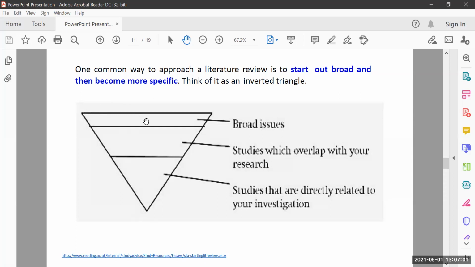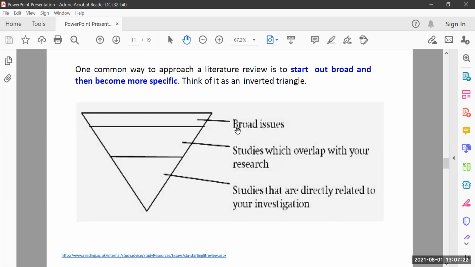Here is the broad area at the top. This is the inverted triangle, and here you will arrive at your final topic. This may be a research gap out of your literature review.